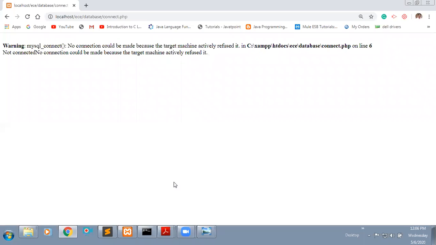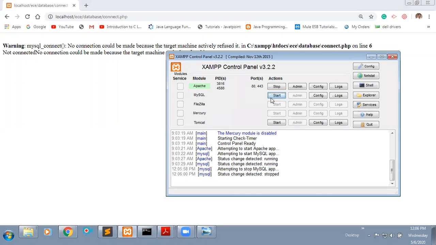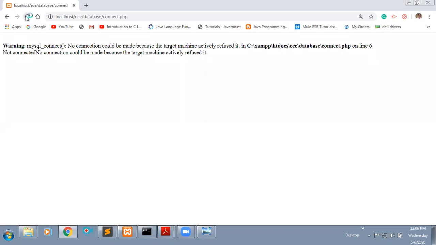I'm going to start my MySQL server once again. If I refresh this page, now you are able to connect with your server.